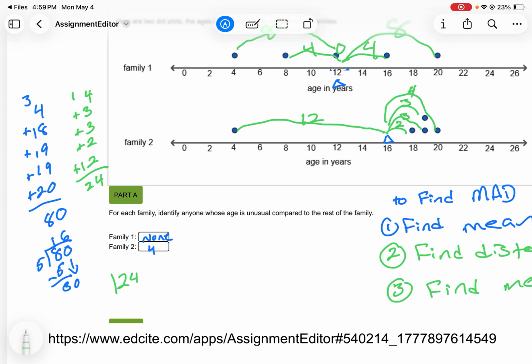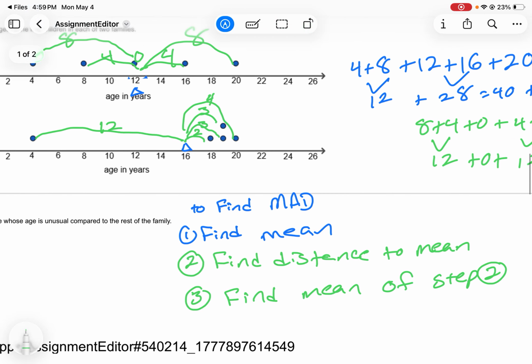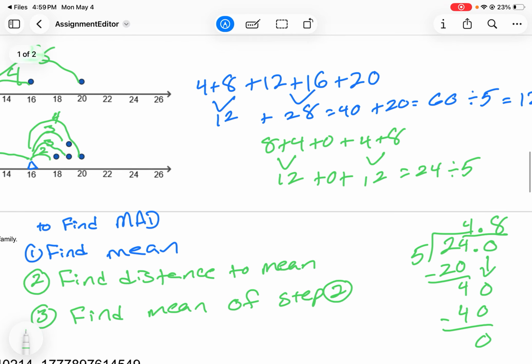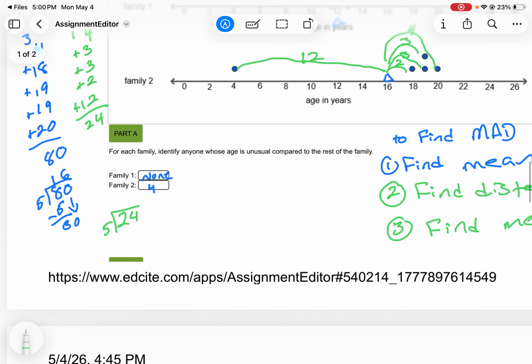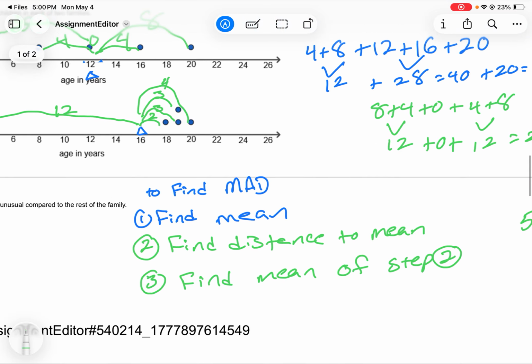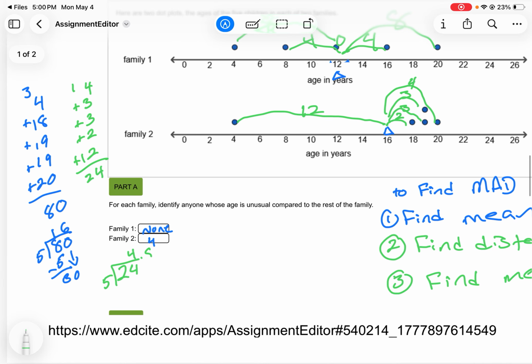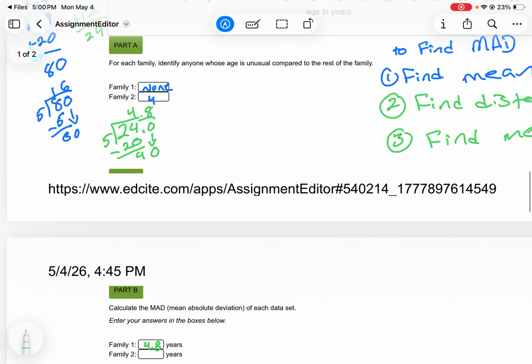So 24 divided by 5, well, we already know this because we already did that. We already did 24 divided by 5. And we got 4.8. And so the MAD here